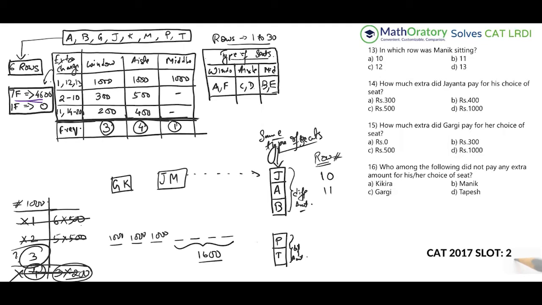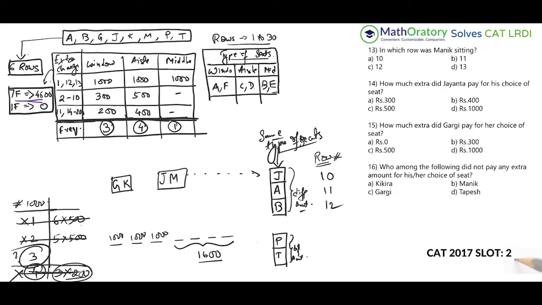10, 11, and 12 is feasible. Think about it. 10 falls in this category. 11 falls in this category. This is 11. I hope you can read that. And 12 falls in this category, right? So 10, 11, 12 is feasible. In that case, Jayant is paying 300 or 500. A is paying, I forgot what the full name was, A is paying either 200 or 400, and B is paying the 1000. So this is feasible. Let's look at any other possibility if that is feasible. So 10, 11, 12 is definitely one feasibility.